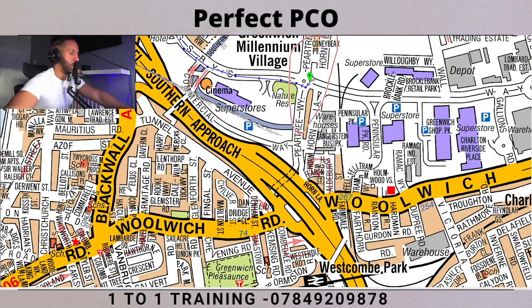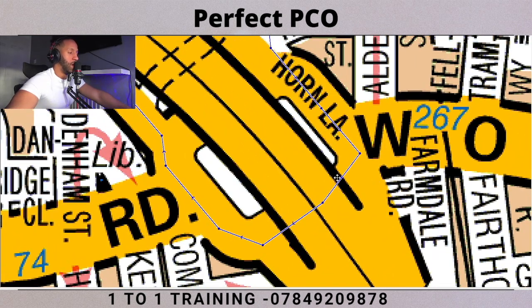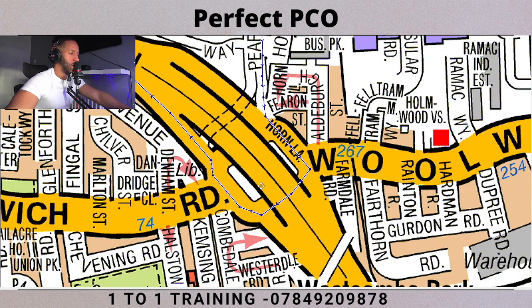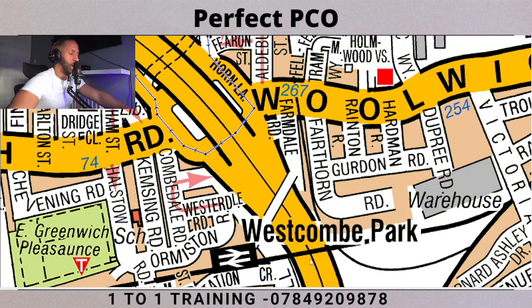So from this location, what you would do is you would join from this way. And now you can join from this way because even though there's thick black lines here, it's clearly showing that this is a flyover. So what that means is if you were coming from here and you wanted to join the Blackwall Tunnel, then you wouldn't need to come off here and go up this way. You would just